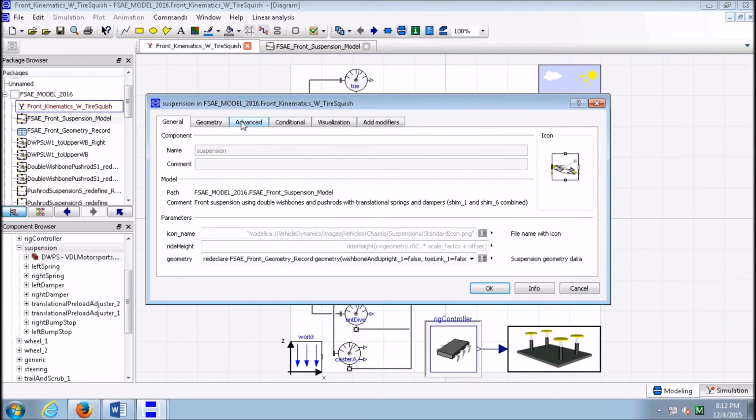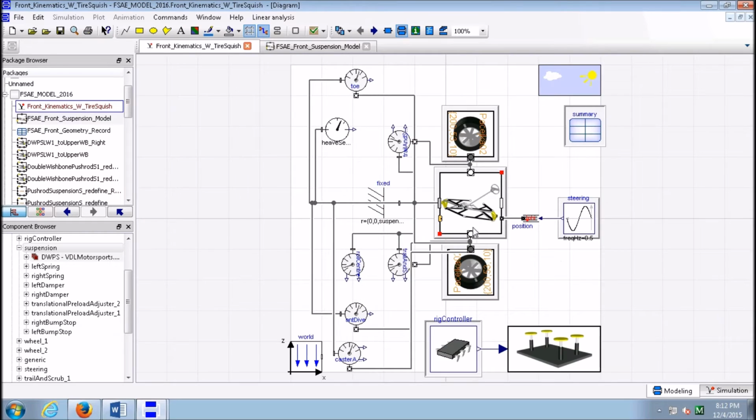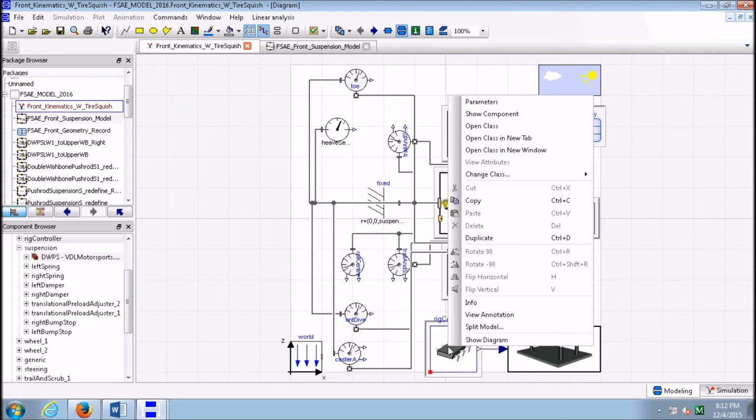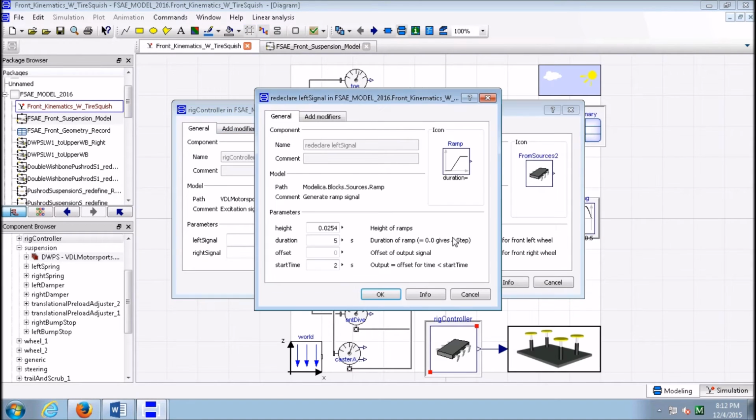Okay, everything looks good. Nothing to change. I'll just go in there and double check that everything looks like I thought it did. And then I'm going to go into my rig controller and change my wheel travels. So right now I think they're set to 1 inch of travel. We'll go and do